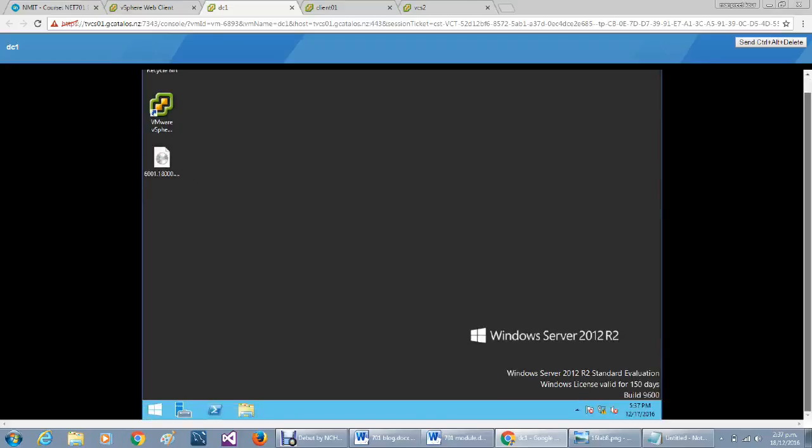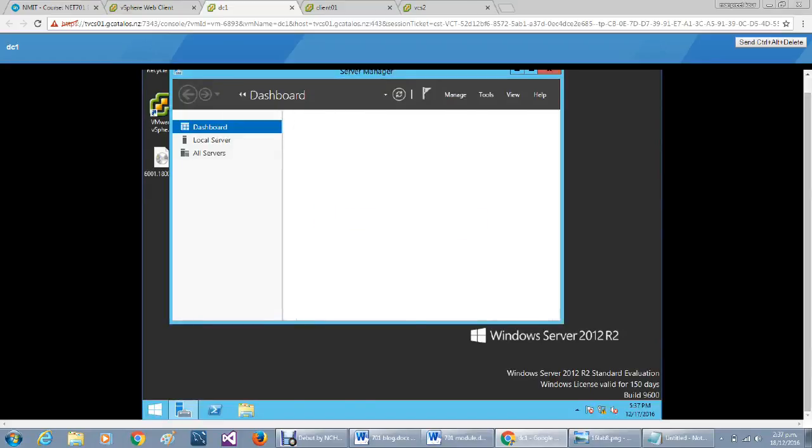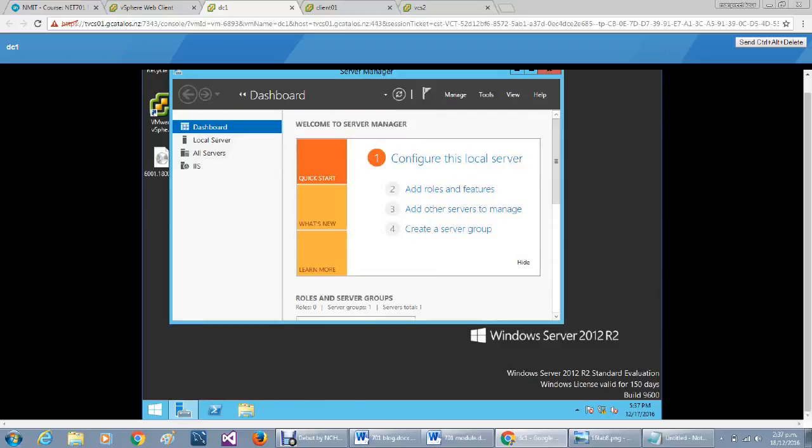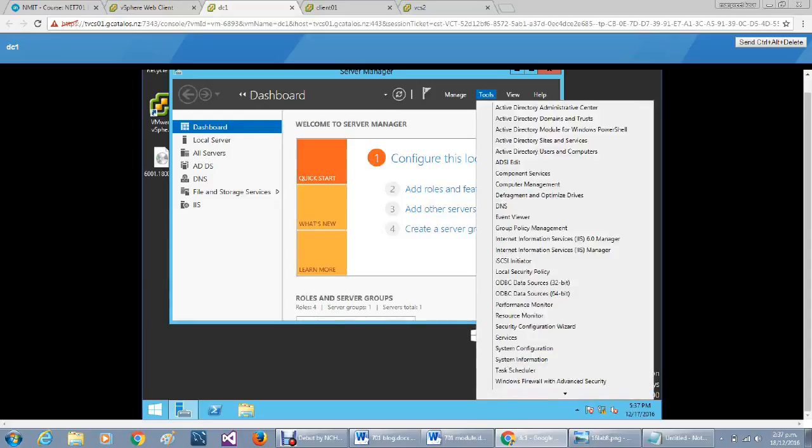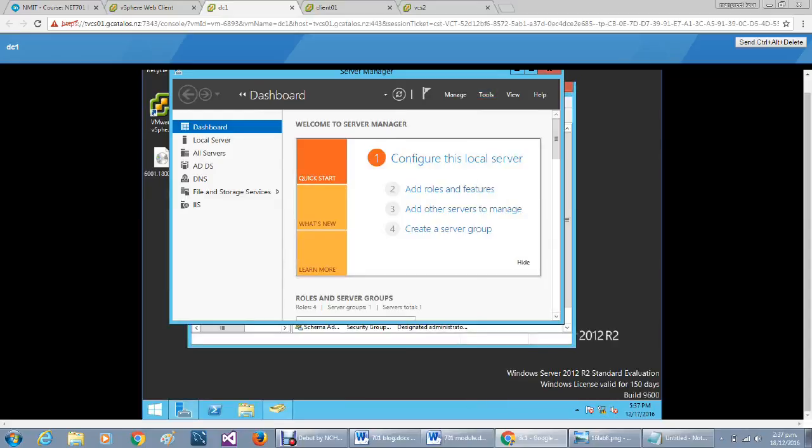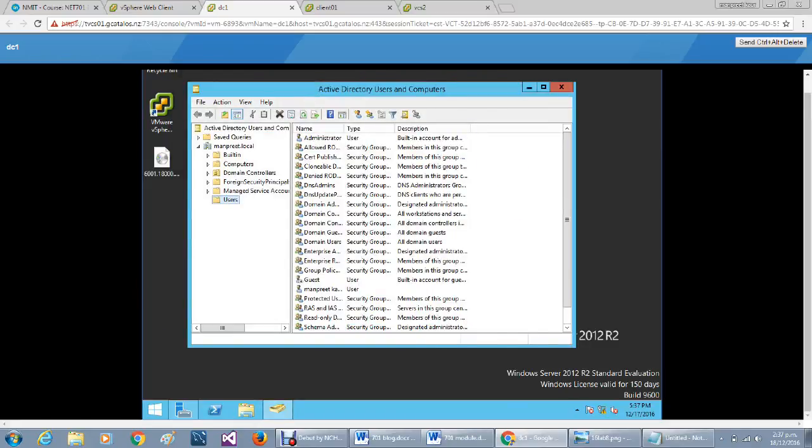Now you can see that my domain controller is open. Now we click on Server Manager. You can see that my Server Manager is open. Now we click on Tools, then use Active Directory Users and Computers. You can see that it is open.